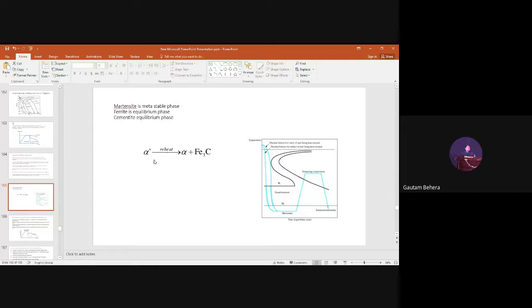Martensite is which kind of structure? What is the definition of martensite for a steel? Supersaturated solid solution of carbon, right? If it is a supersaturated solid solution, a lot of carbon is there. It will diffuse out from the martensite when you reheat again. So ferrite will be there now, and the carbon which comes out reacts with iron to form cementite. This kind of transformation is possible because diffusion is happening.